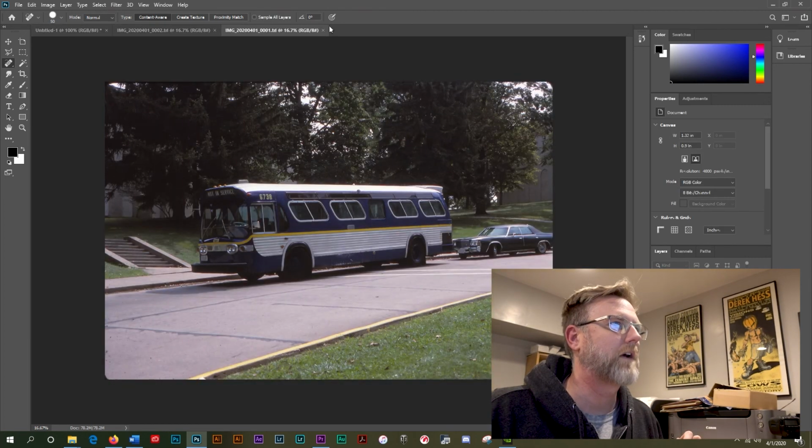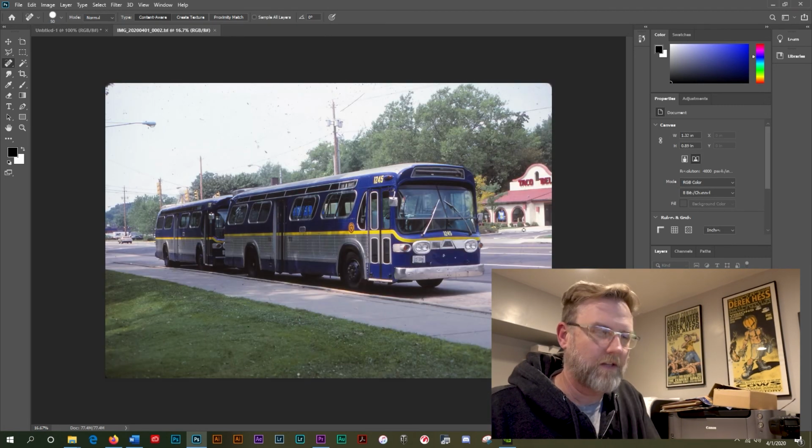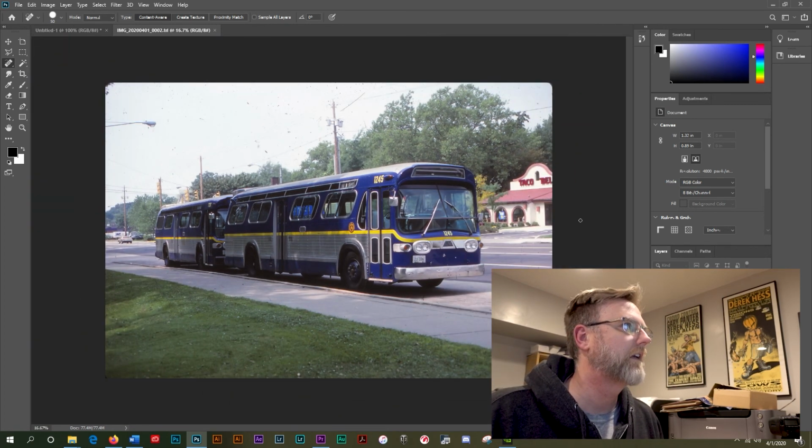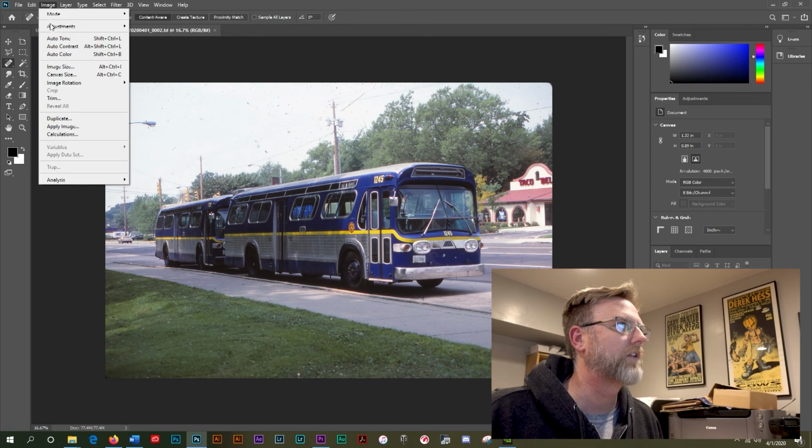I got two, I don't want that one. Here's the one I have. So the scan is actually pretty good. So the first thing that I do is I look at the levels